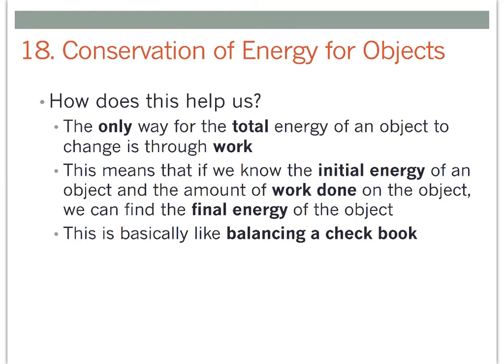So how does this analogy help us? Okay, we've talked about how money is much like energy. How does this help us use energy? We know that the only way for the total energy of an object to change is through work. Okay, so if we can think about all the forms of energy that an object starts with and calculate the total initial energy of an object, and then we can think about all the work done, all the changes to that total energy, we know the final energy of an object. And we can use that information to figure out how much kinetic energy is left. Okay, much like in the previous example, we used the total amount of money that I had to figure out how much money I have in the bank.